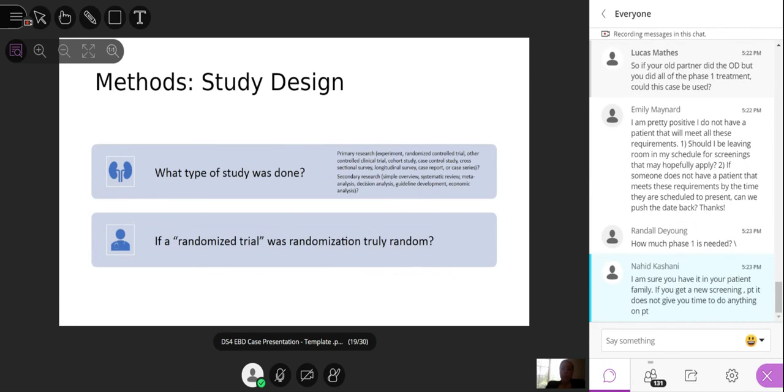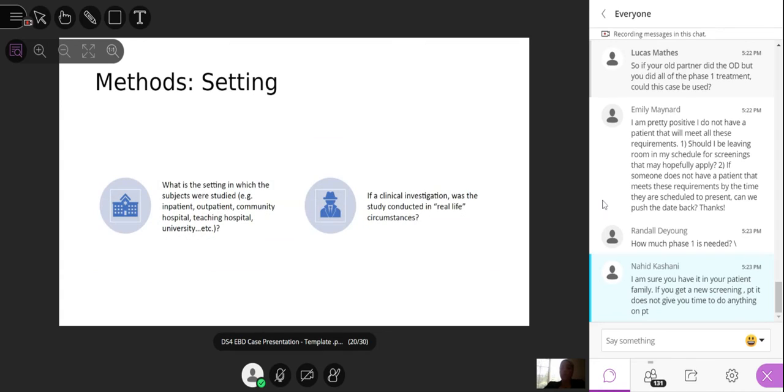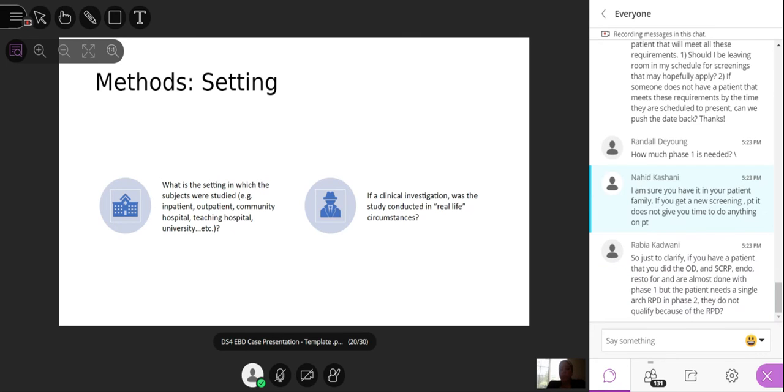You move on to present what the methodology was, the study design, so what type of study was done. If it's a randomized controlled trial, you can speak about if there was randomization, if it was truly random. So you go through presenting the methodology of the study. Where was the setting? Was it done in a community, in a hospital? If it's a clinical investigation, was the study conducted in real life circumstances? So you talk about how the study was done,